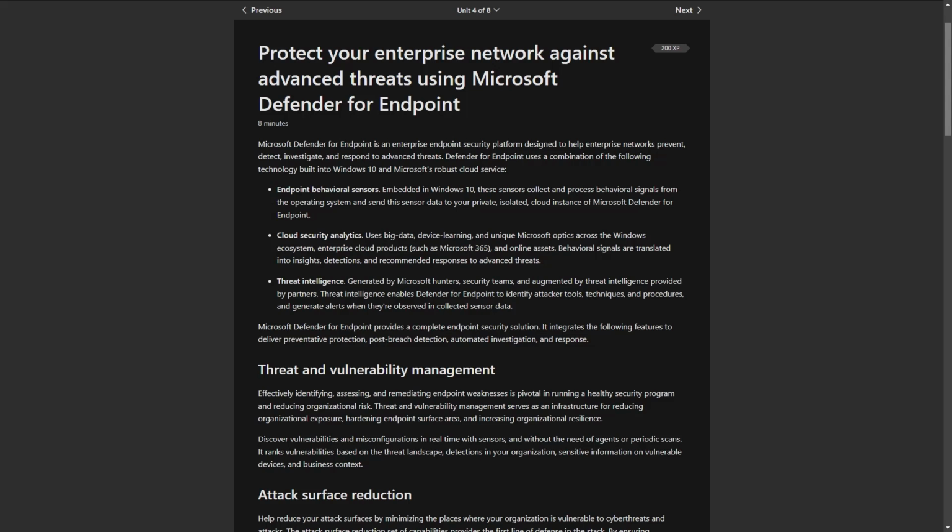Microsoft Defender for Endpoint provides a complete endpoint security solution. It integrates the following features to deliver preventative protection, post-breach detection, automated investigation and response. Threat and vulnerability management. Effectively identifying, assessing, and remediating endpoint weaknesses is pivotal in running a healthy security program and reducing organizational risk. Threat and vulnerability management serves as an infrastructure for reducing organizational exposure, hardening endpoint surface area, and